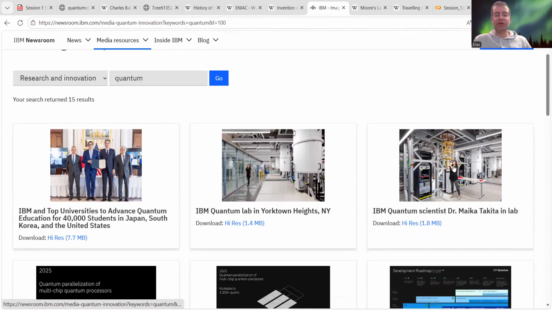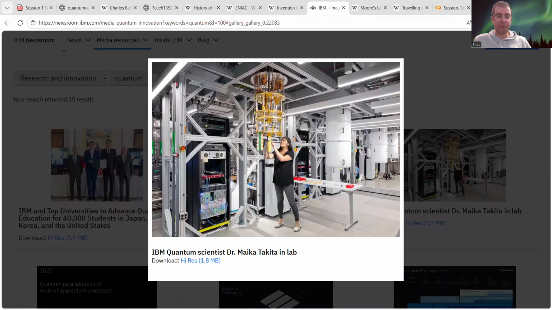But let's look at one of the pictures that IBM has published in their library. And you see this is the chandelier style. You might be wondering why these computers are so big. But actually, the quantum computer itself is not very big. It's pretty small. But all this stuff around it is mainly for cooling.